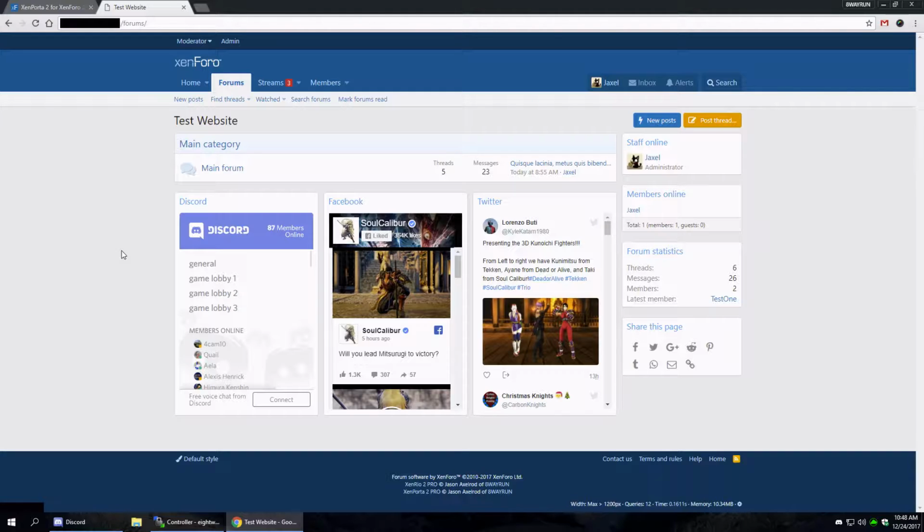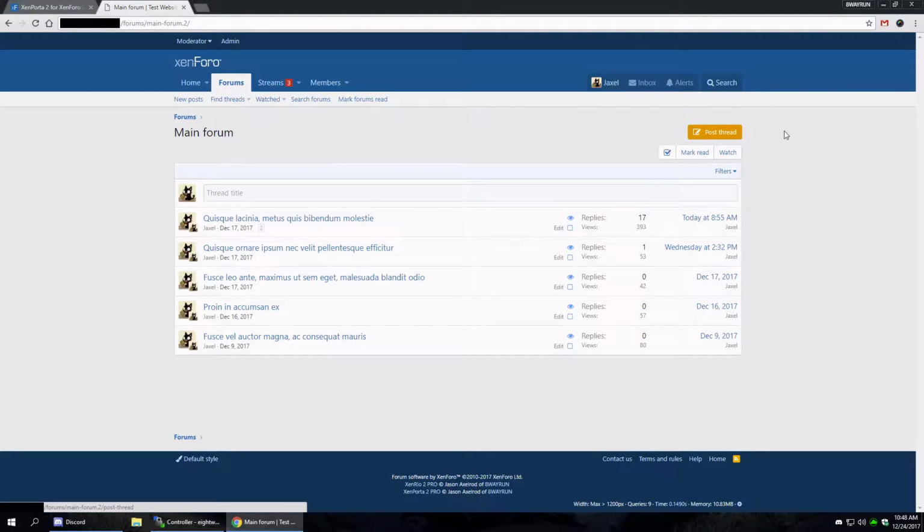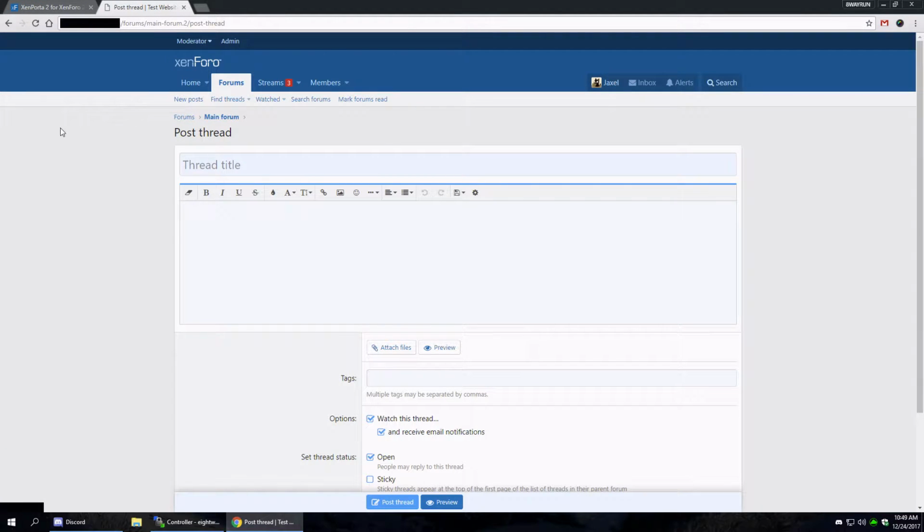That's not how this system works. Instead, the way it works is any thread can be an article, no matter what forum they're in. So you can post the thread in any forum. You don't even need to have news and article forums if you don't want to. My website only has one forum, so that's kind of neither here nor there. So let's go into this one forum and click post a thread, and let's make a new thread, and we're going to call this Article Thread